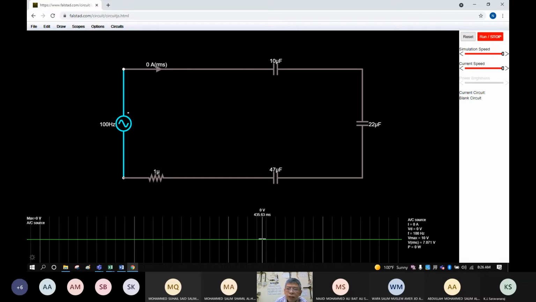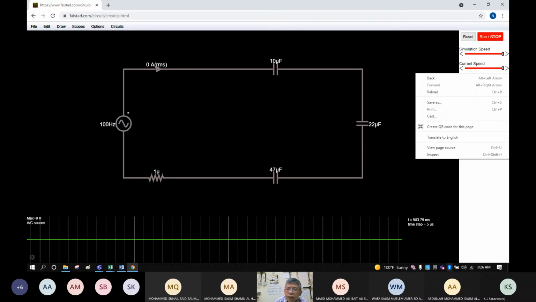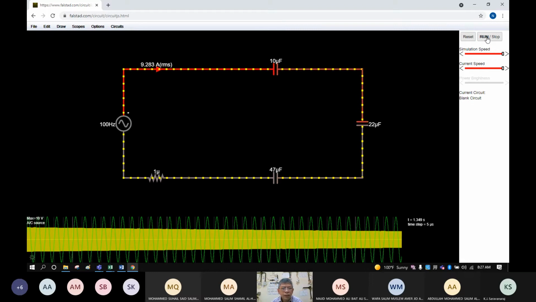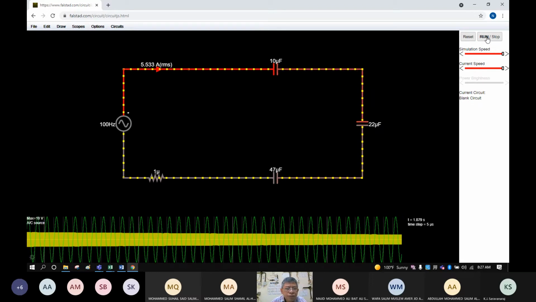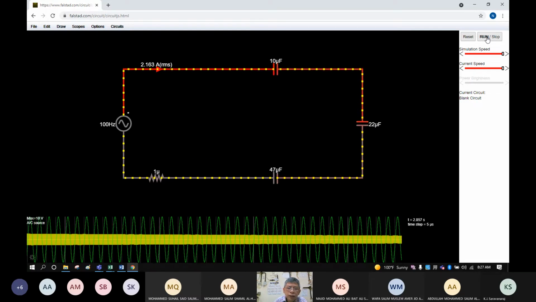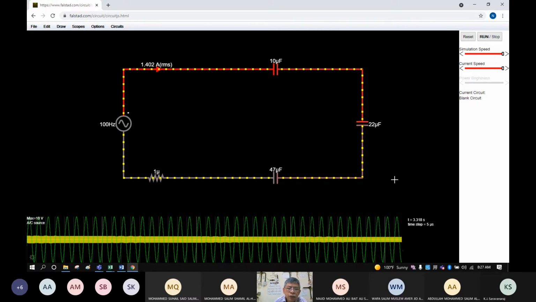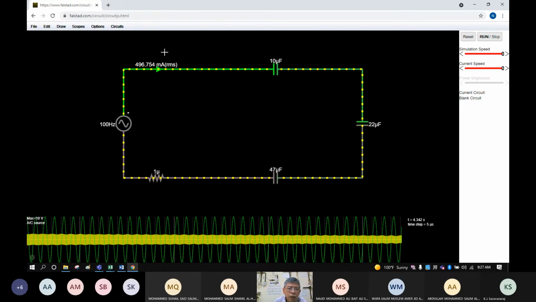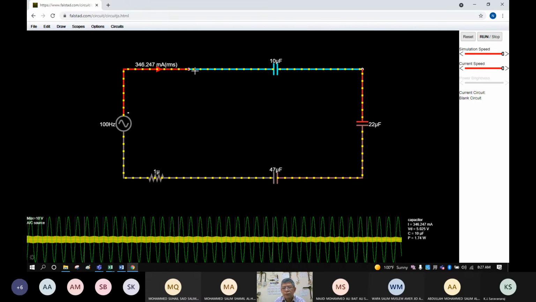Then you will run the simulation. Let us wait until it stops and gives the exact reading for our current here.